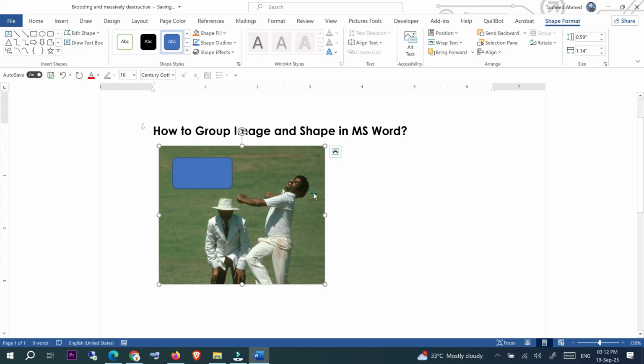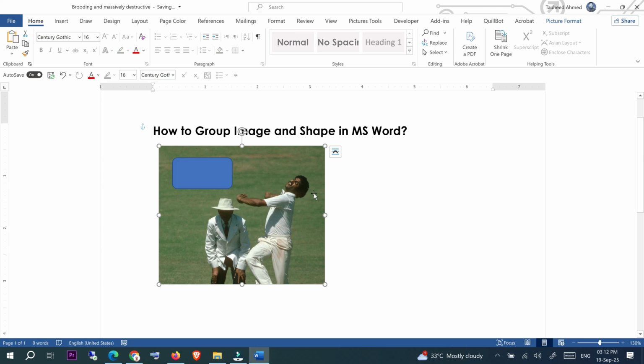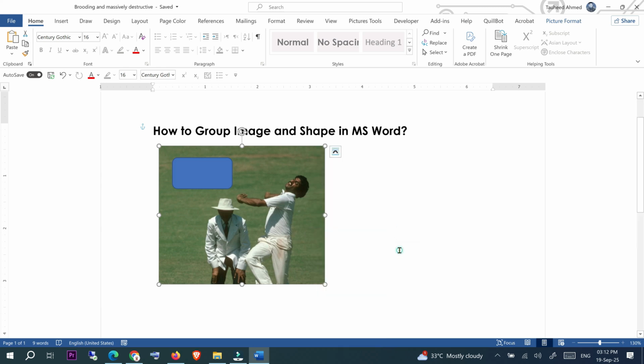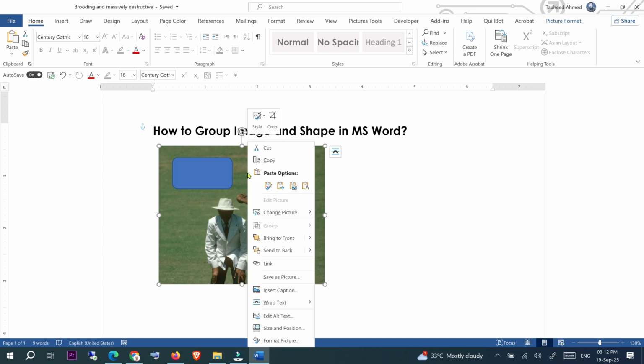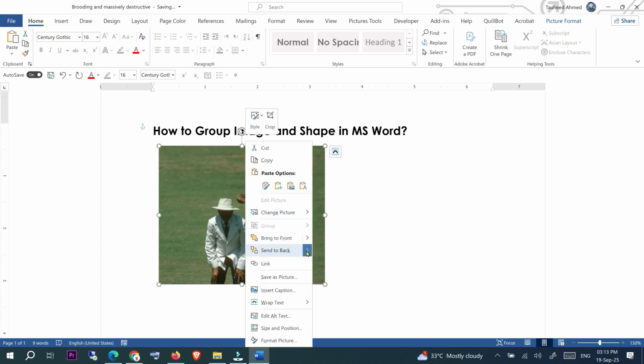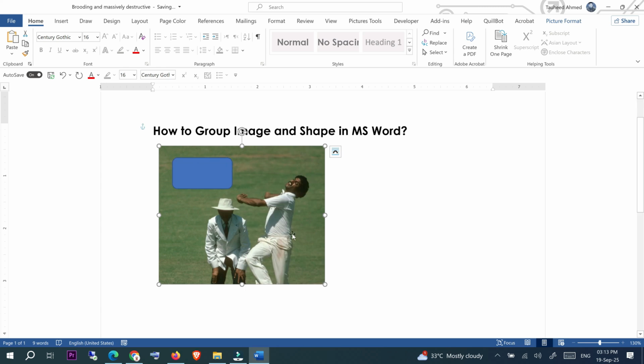Now you need to select the first image and right click and click on send to back, and then again go to the bring to front and click on the bring to front, and you can see that the shape has gone back side of the picture. Then again right click and click on the send to back, and now the shape is again on the front